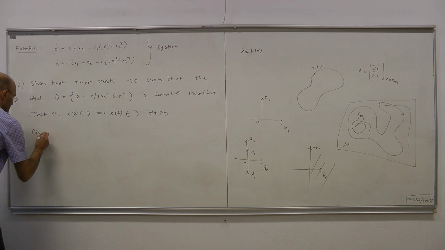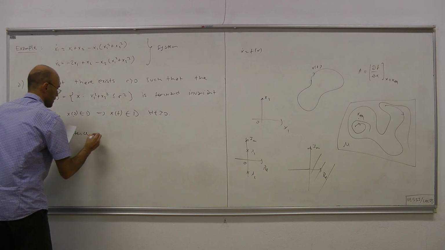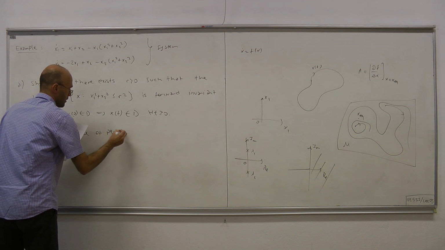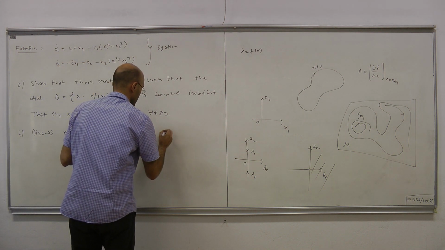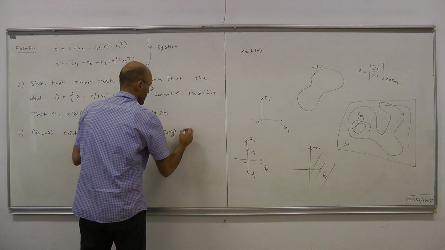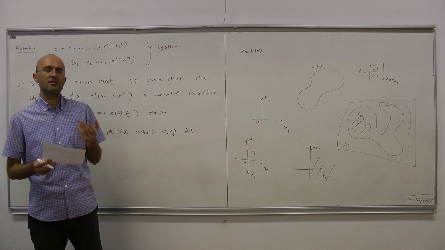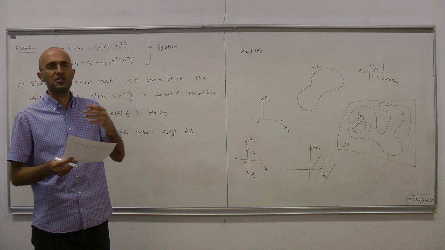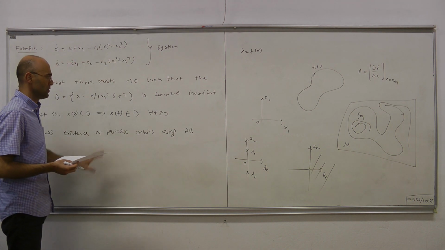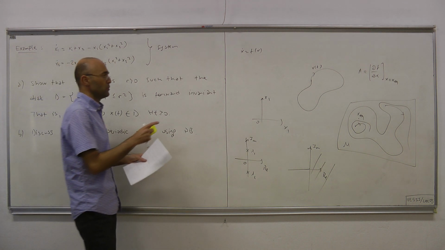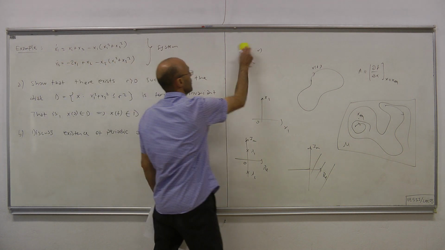Discuss the existence of periodic orbits using the Poincare-Bendixson theorem. Note that once again the conditions are only sufficient. If they fail, it doesn't mean that the system doesn't have a periodic orbit. They may fail, and the system may still have a periodic orbit. So that's the difference between the nonlinear theorem and the linear theorem. The linear theorem is of the if and only if type. Okay.